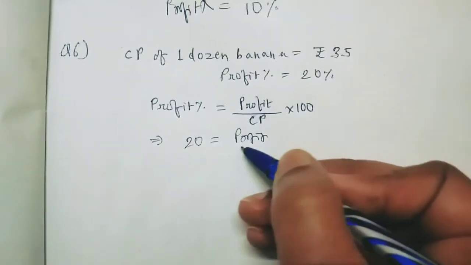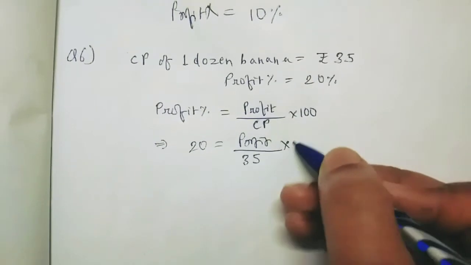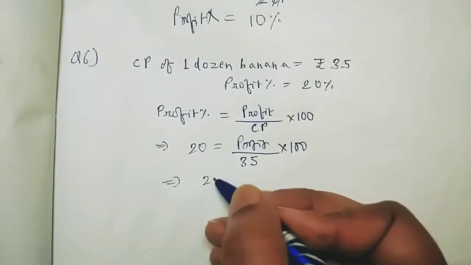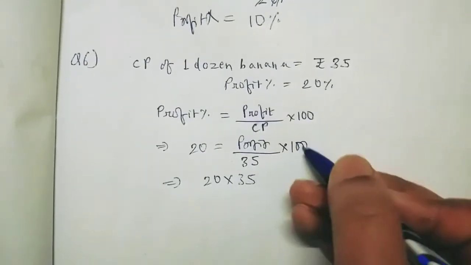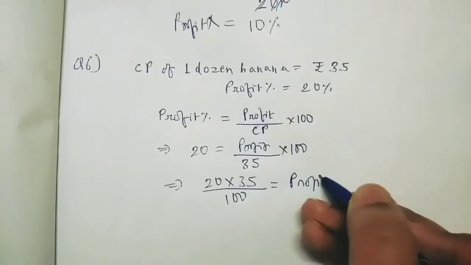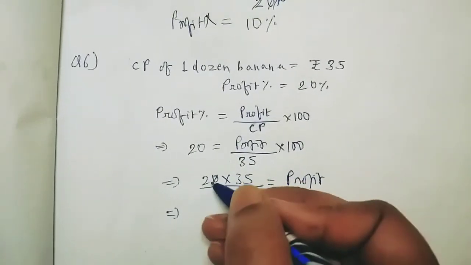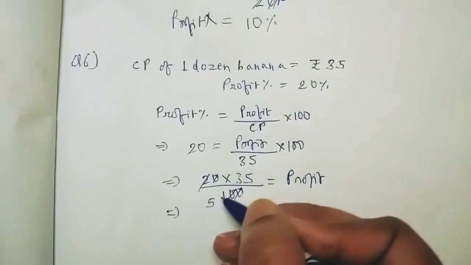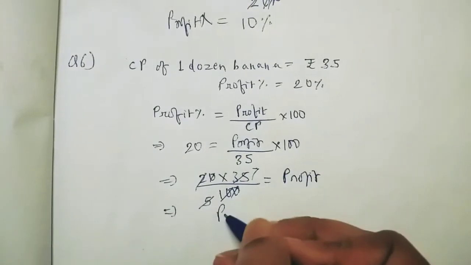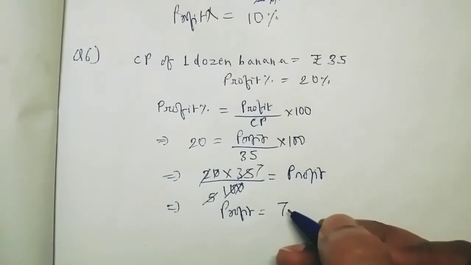So write down profit equal to, and then CP is what? 35 rupees. Right here, 35 into 100. Now solve and find out the value of profit. So this will be what? Cross multiplied. So 20 into 35, and this 100 will come down here into 100. So now profit. So how much profit? So 0 cancel. 2 5s are 10. Then 5 7s are 35. Okay. So profit is how much? It is 7 rupees. Okay, profit is 7 rupees.